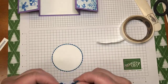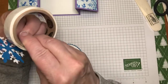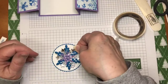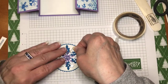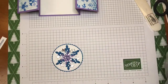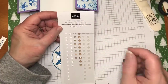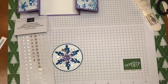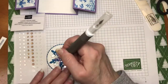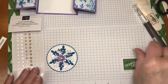And let me go ahead and pop this down with my glue dot. And I'm going to put it right here on my stitched circle. Wow, circle. So there we go. All right, now the gem that I want to use, I love these elegant faceted gems. So let's use one of these. Let me get this one on. And then